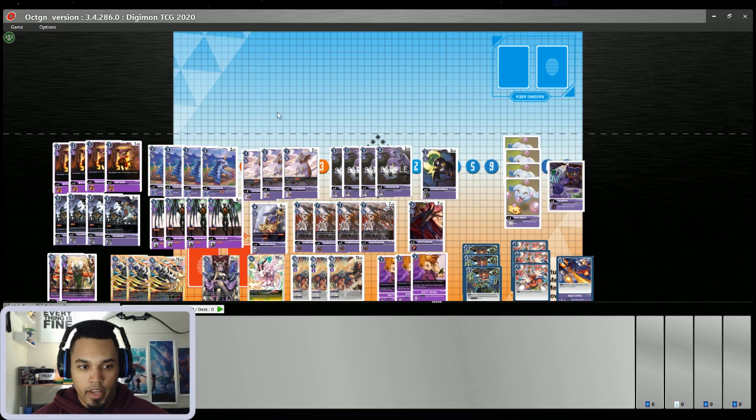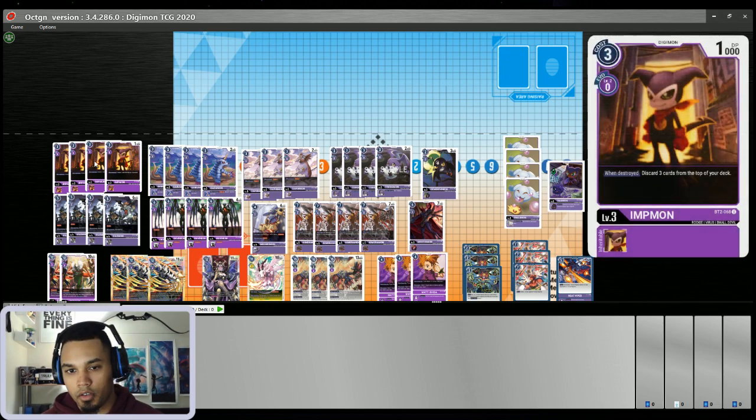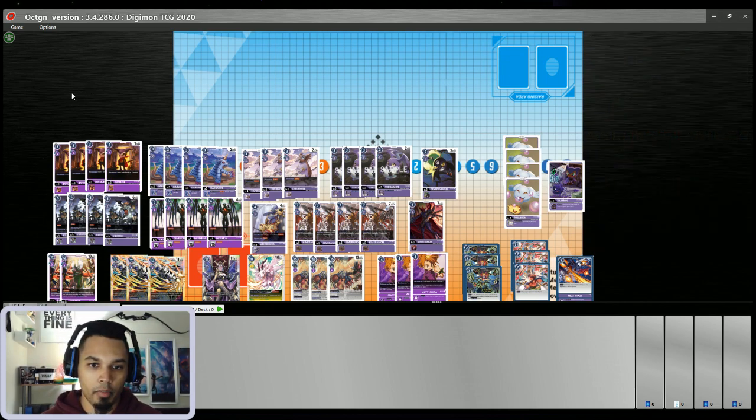Some people have called decks like this purple kill your stuff, purple kill everything. It sounds about right. It does pretty much that. So here we go. Let's kick it off. All right, so first we got our 4 Impmon. Level 3s, we are currently playing